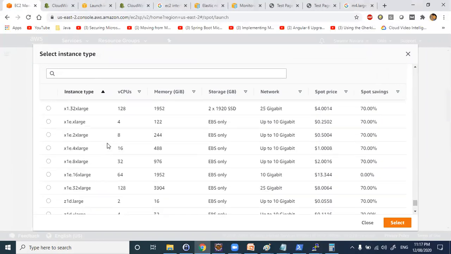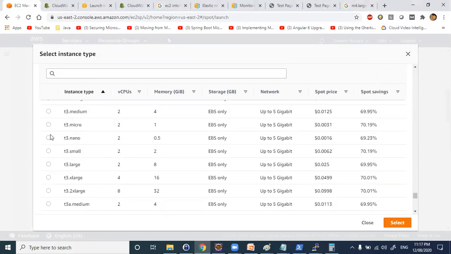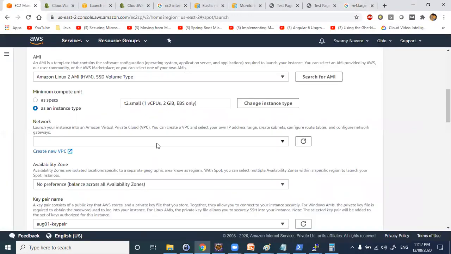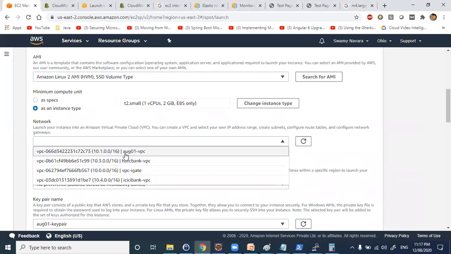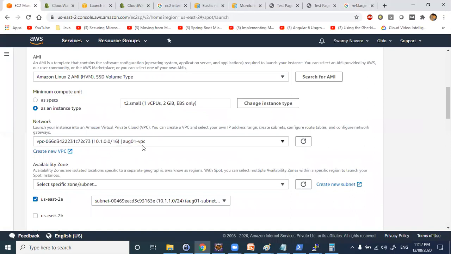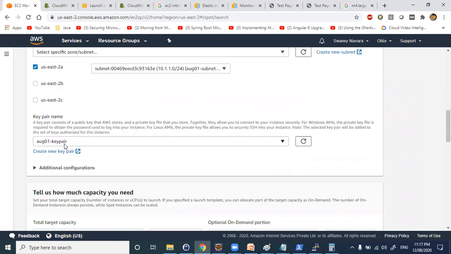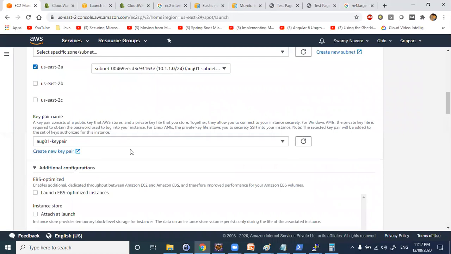Let me select T2 small. For the network, select which VPC you want to create this instance in. Let's say August 1st VPC, and the availability zone. Here, in availability zone 2, this public subnet, and key pair. Let me select that key pair.